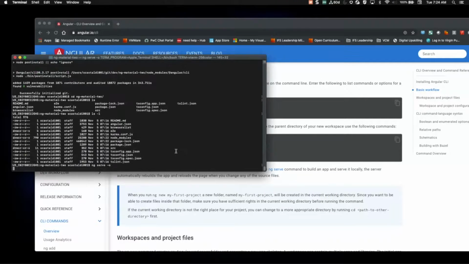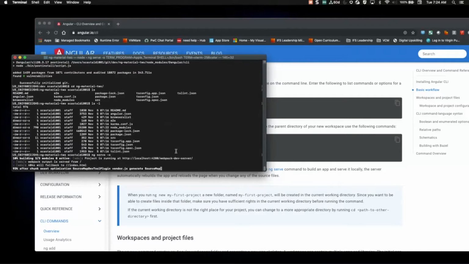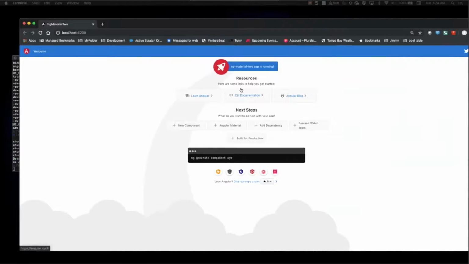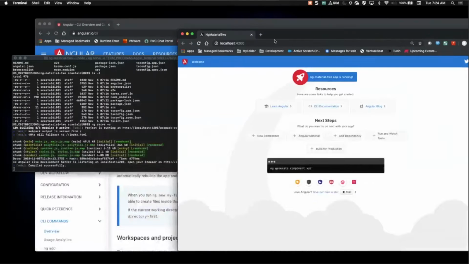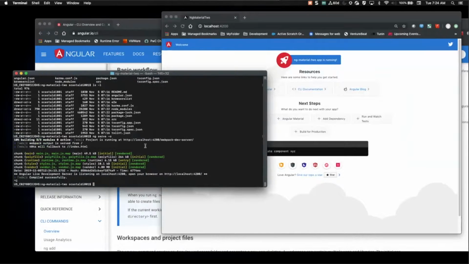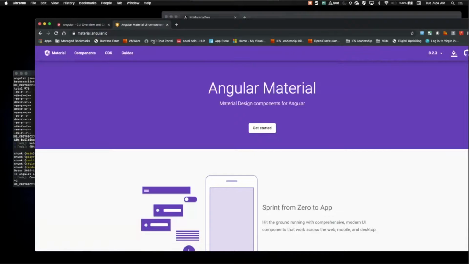If we do ng serve -o, it will serve the application. The -o is to automatically open the browser. So as you can see, if you go to localhost 4200, this is what you get by default. So we're good. Let's stop this and let's go to